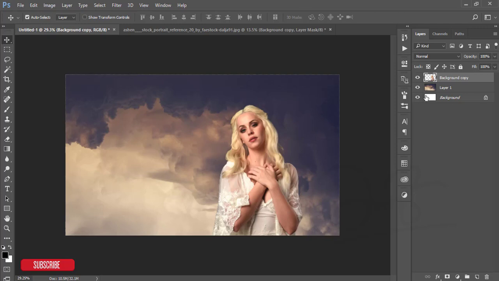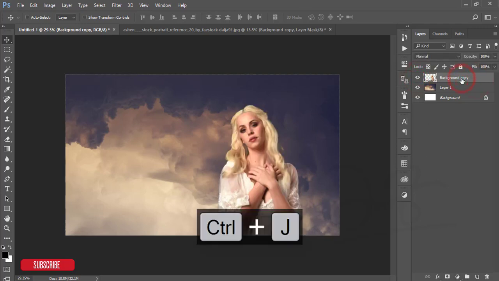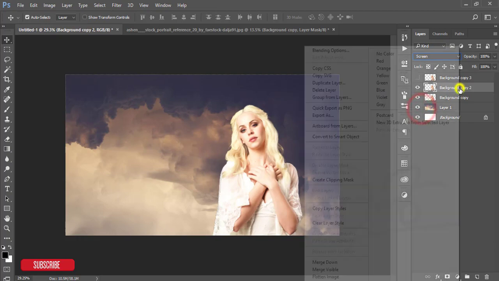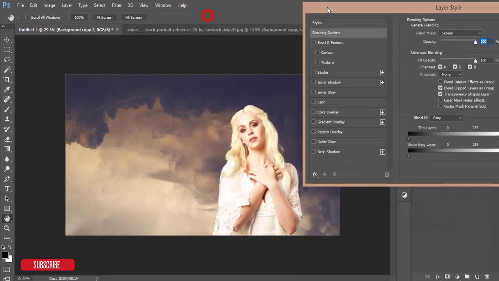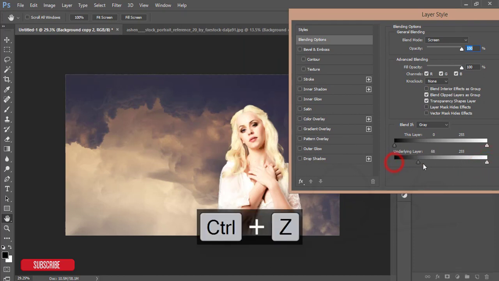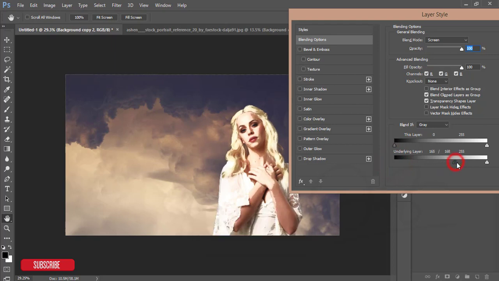After doing that, I'll take 2 copies of this one for dodge and burn, applying the dodge and burn options. It will make your model more shiny. Okay, turning off this one and turning on this one, naming it skin, and then the blending options. After going to the blending options, I'll adjust this slider. I'll find the highlighted area and press the Alt button to split this one and adjust the lights and